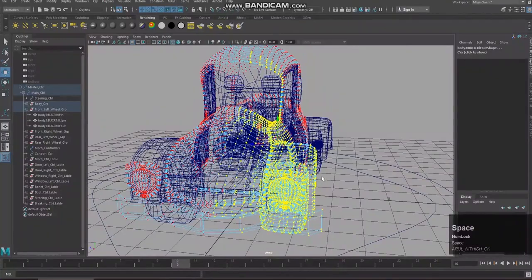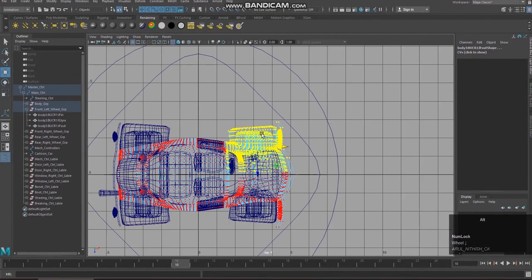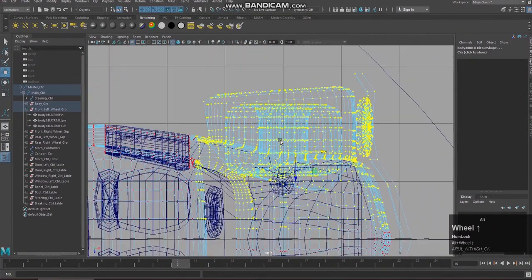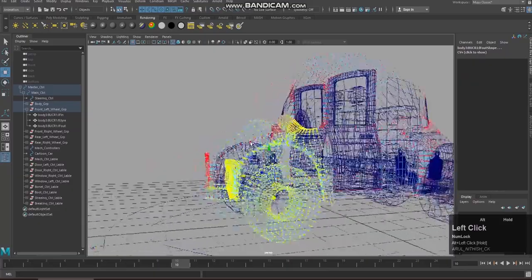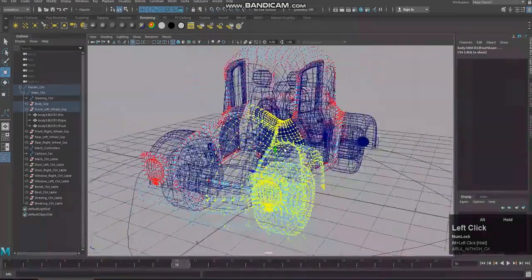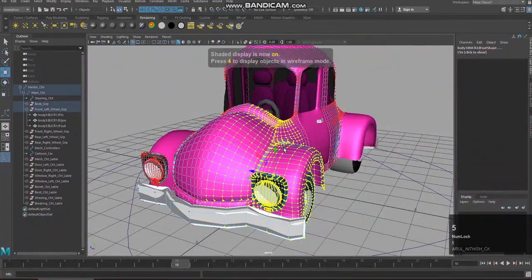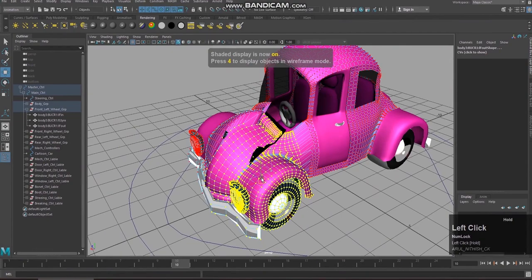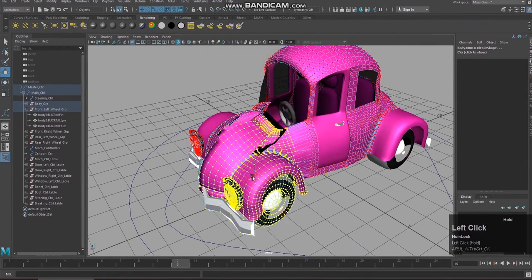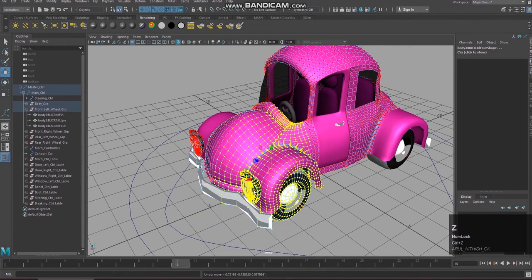Again, same thing, coming to the top view. I'm just going to deselect all these unnecessary things. Yes, it is okay. These are some internal parts.